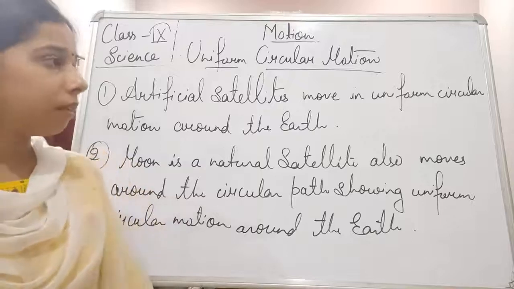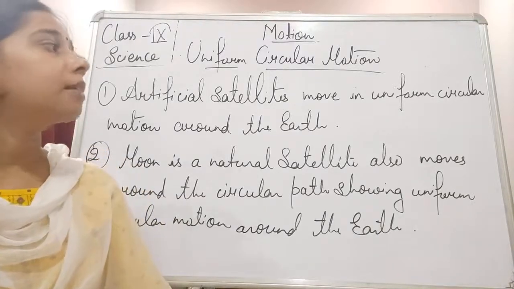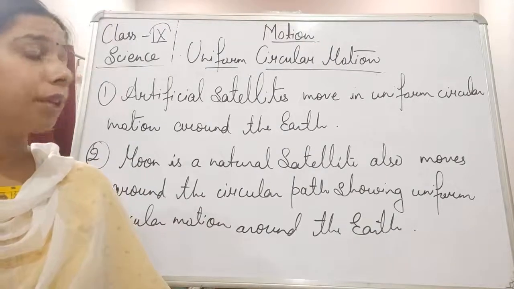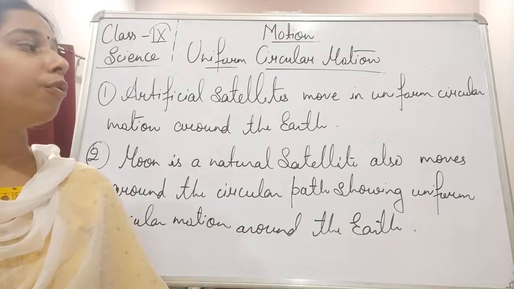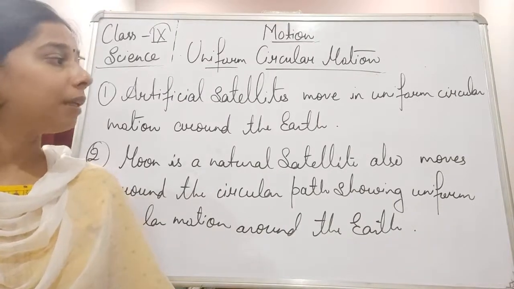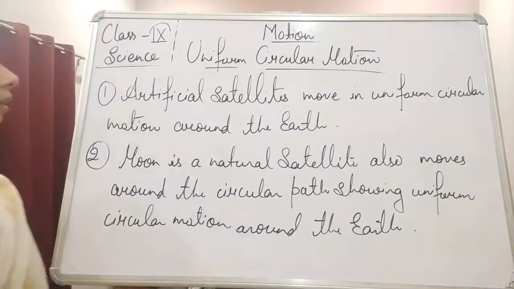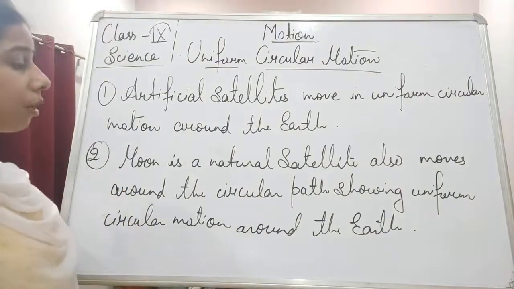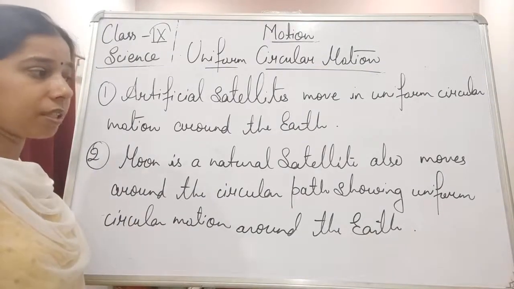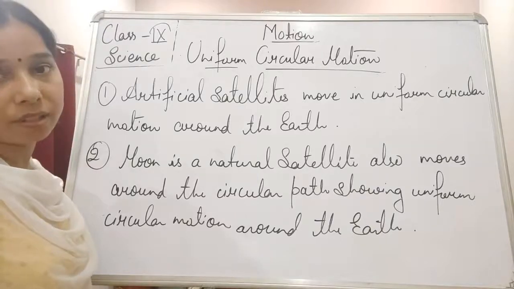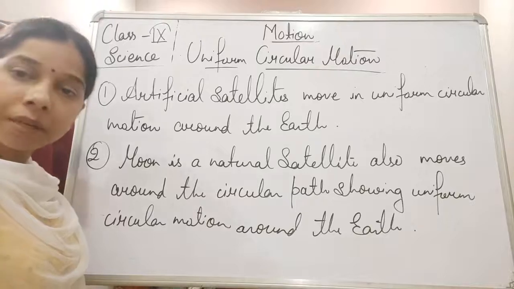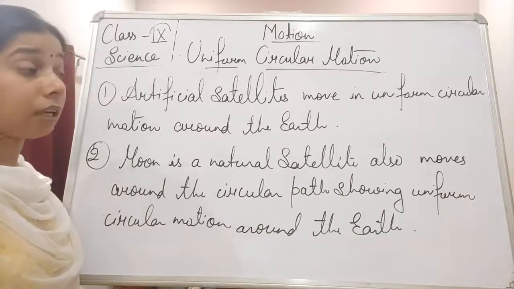The orbit is the path on which the object moves around the planet. So we have to understand here that the artificial satellite also moves, taking the example of Earth, around the Earth in a uniform circular motion. That gives an example of how the artificial satellite shows uniform circular motion. Now, is it only the artificial satellite? You know, students, that the artificial satellite concept came from the natural satellite. Although there is only one natural satellite of the earth, there are a lot more natural satellites on other planets.